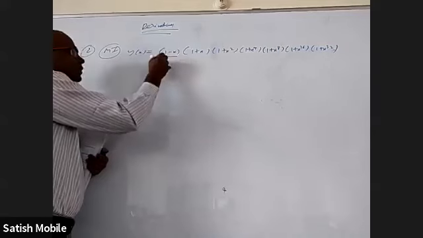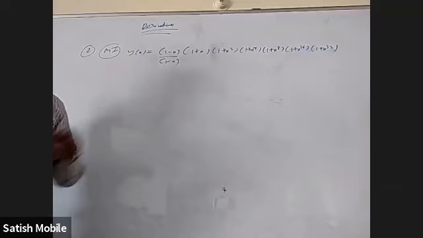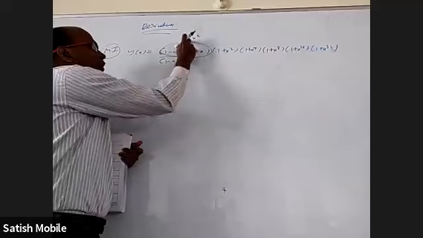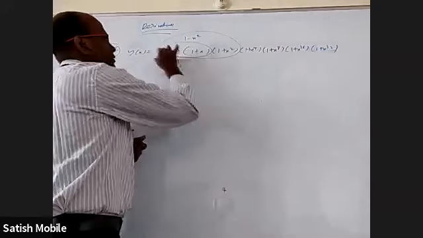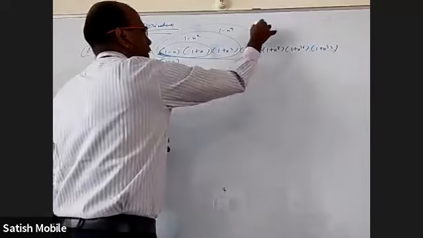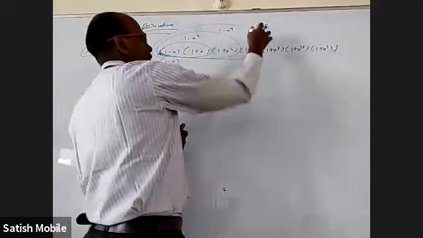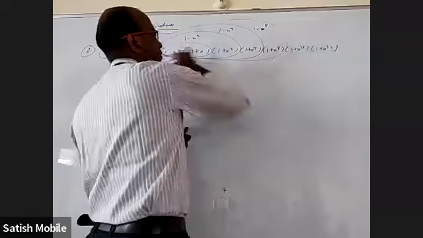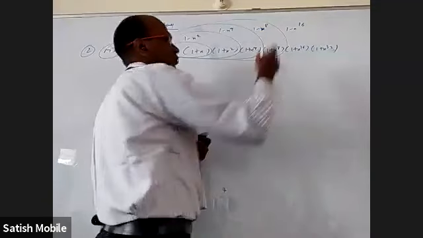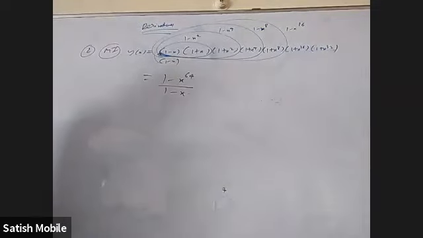Easiest one is multiply with 1 minus x and divide with 1 minus x. What is 1 minus x into 1 plus x? 1 minus x square. So this part will be 1 minus x square. What is 1 minus x square into 1 plus x square? 1 minus x power 4. So this part will be 1 minus x power 4. And 1 minus x power 4 into 1 plus x power 4? 1 minus x power 8. And 1 minus x power 8 into 1 plus x power 8 is 1 minus x power 16. Multiply with this, it will become 1 minus x power 32. When I multiply this, 1 minus x power 64. So finally, we will get (1 minus x power 64) by (1 minus x).